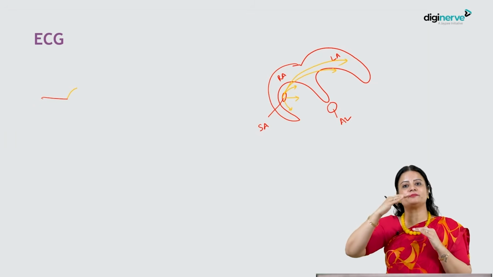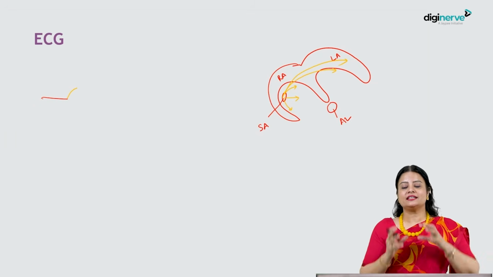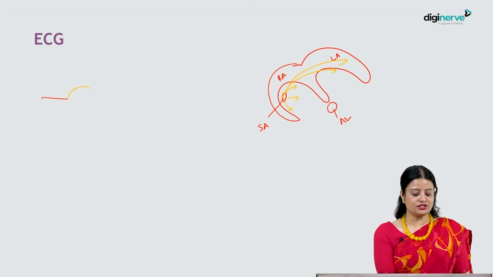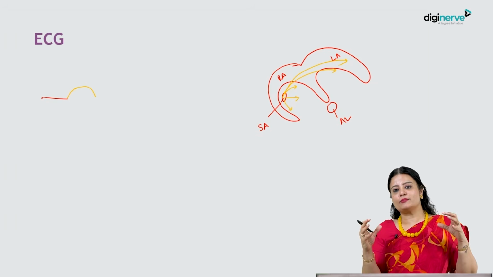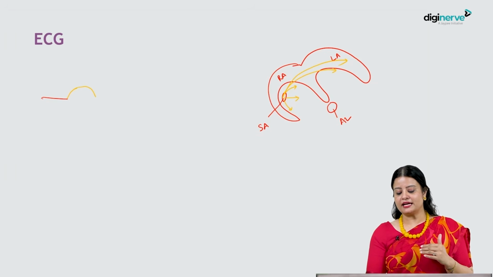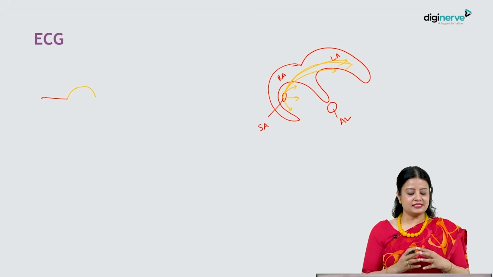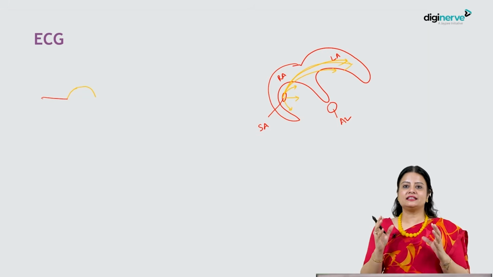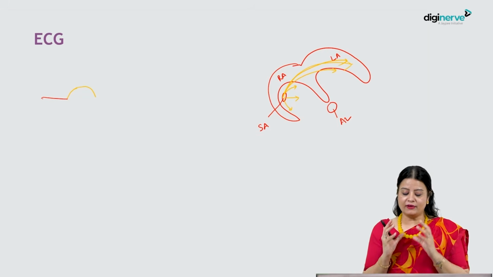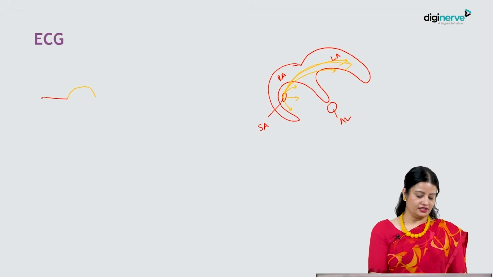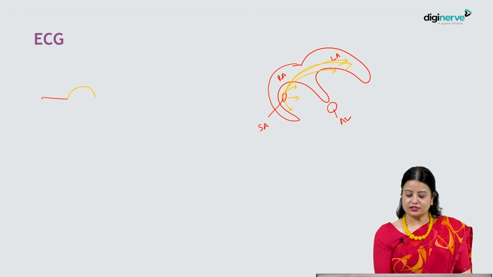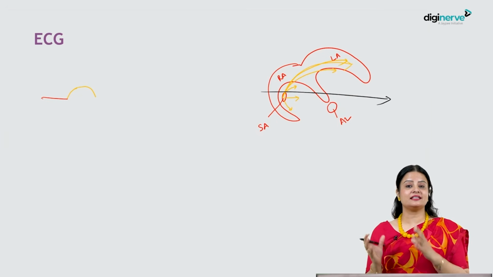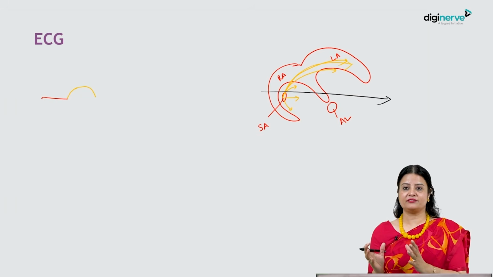So the height of the P wave tells us about the conduction of the impulse in the right atrium, whereas the duration of the P wave tells us about the time it takes to spread to the left atrium. Hence, we get a positive upward deflection in the isoelectric line while the atria are getting depolarized. So, drawing the mean cardiac axis, this is the instantaneous vector for the P wave.